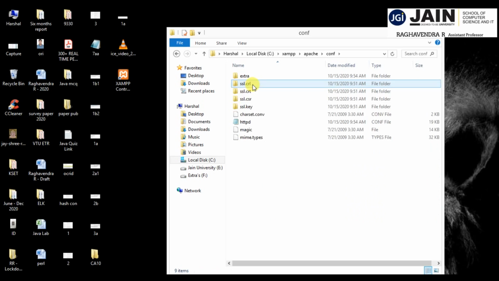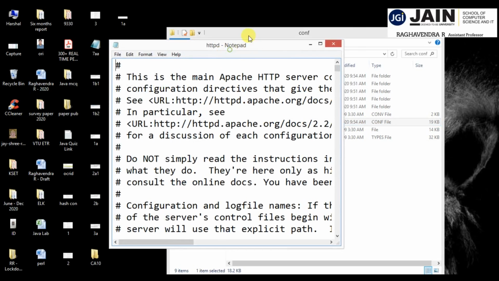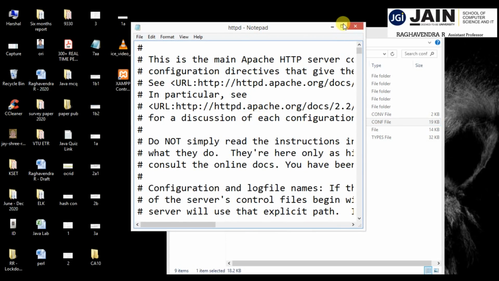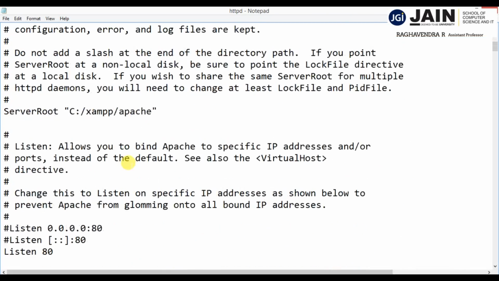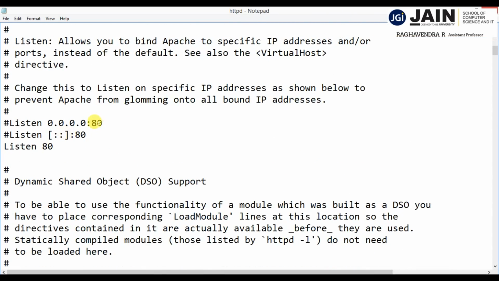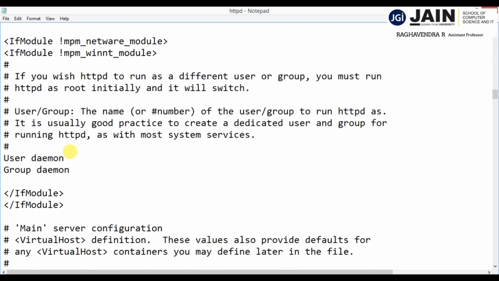In this config folder, you select the file called httpd.conf, the config file. You just open it. It will open in Notepad. If it does not open in Notepad, you just choose to open it with Notepad. Here, scroll down. Here we have the default port number, that is 80. So now I'm changing the 80, and here also you change the 80. The Listen also you change the 80, and scroll down in the same page, and here you will get